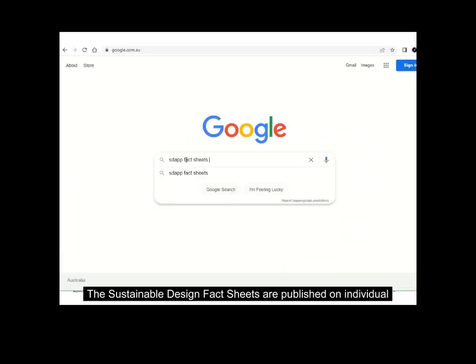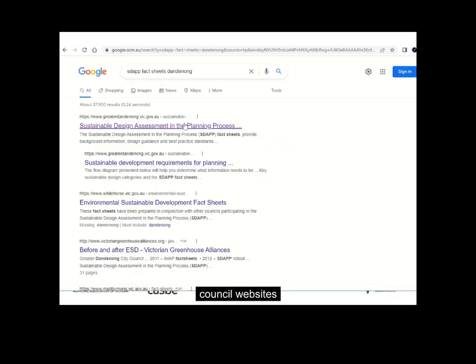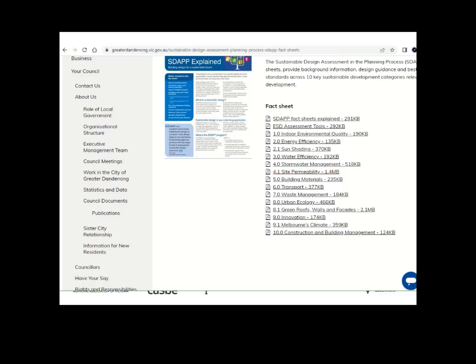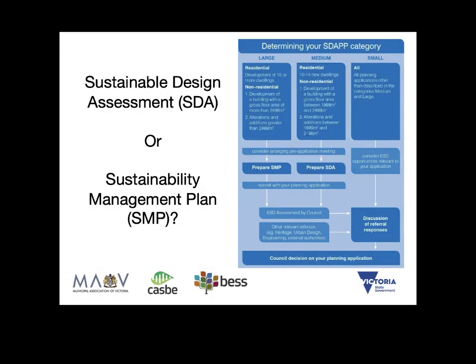The Sustainable Design Fact Sheets are published on individual council websites. The objectives and strategies listed in each council's local planning policy are largely consistent.